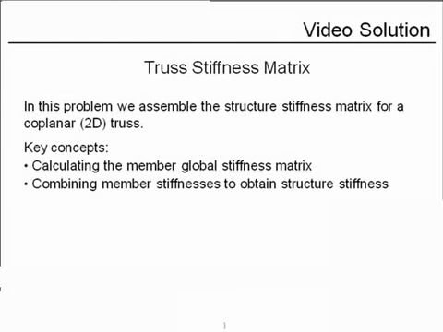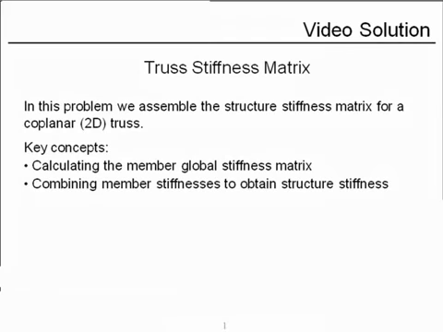We saw in a previous chapter that the force method can be used to analyze indeterminate trusses, but it's ideal for trusses with a low degree of indeterminacy. The stiffness method is applicable to trusses with high degrees of indeterminacy, low degrees of indeterminacy, and even determinate trusses. But before we can use the method, we have to assemble the structure stiffness matrix, and that's the point of